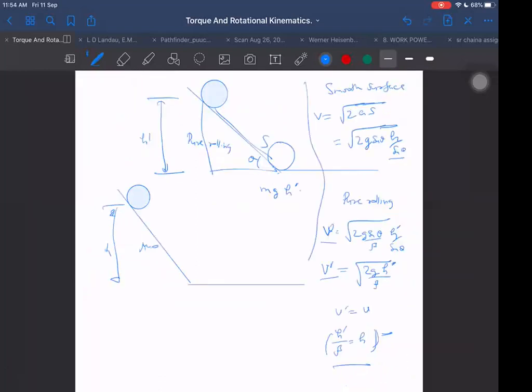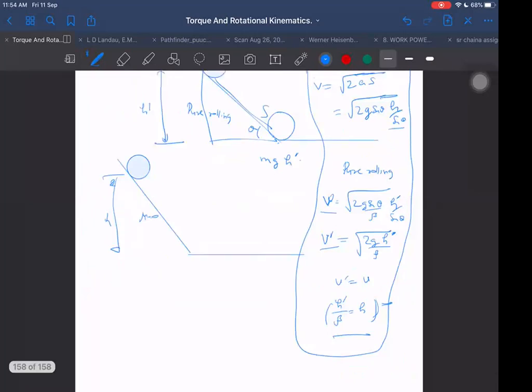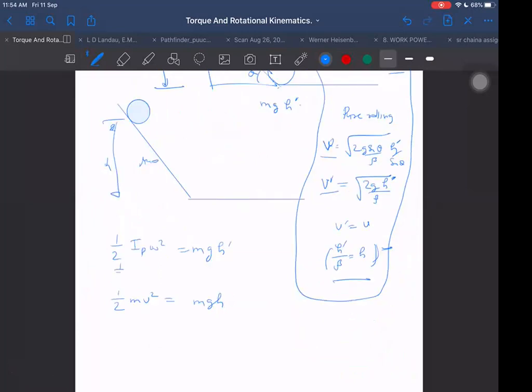And one more thing. This is by the method of velocity. Let us say I don't remember the formula for velocity. If I don't remember the formula for velocity, kinetic energy I should never forget. Half of I omega square. Once kinetic energy is this, that is equal to mg h dash. For pure rolling, I assumed h dash, and for the other case, translating motion, I assumed height to be h. So half of beta m r square omega square is equal to m g h dash.